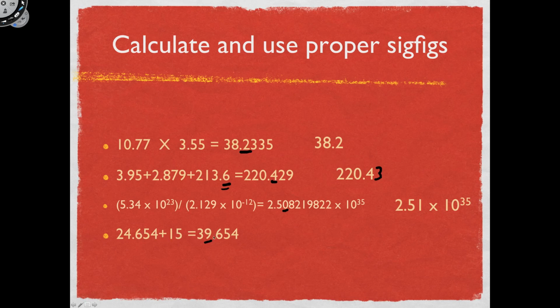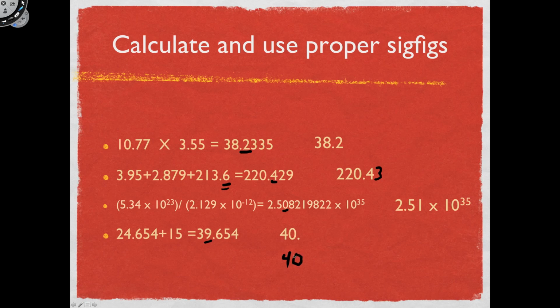So how do I round 39.654 to the 1's position? Well, what's next to the 9? A 6. So it's greater than 5. Again, I don't look at this stuff down here, just look at the 6. It's greater than 5, so the 9 changes to a 10, which of course changes the place value to 4. Now remember, when it changes to 4, the 4 has to stay in the 10's position, so I have to throw in a 0. And it's very important that I put that decimal, because if I don't, if I write the answer as